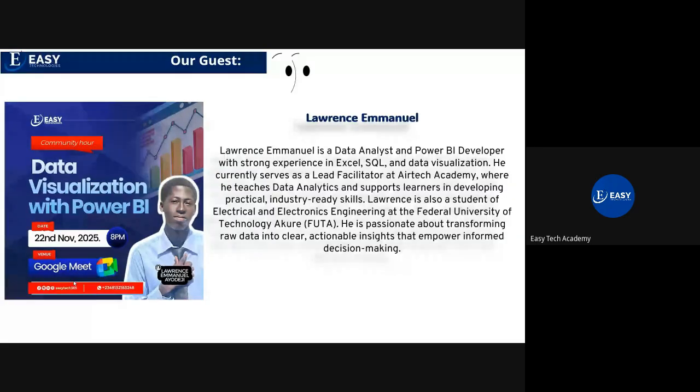He currently serves as a lead facilitator at Easy Tech Academy, where he teaches data analytics and supports learners in developing practical, industry-ready skills. Mr. Lawrence is also a student of Electrical and Electronics Engineering at the Federal University of Technology, Akure. I'm not seeing your clap. He is passionate about transforming raw data into clean, actionable insight that empowers informed decision making.